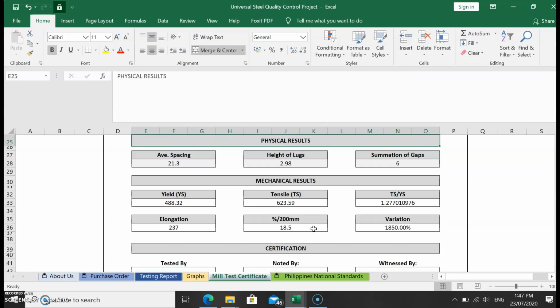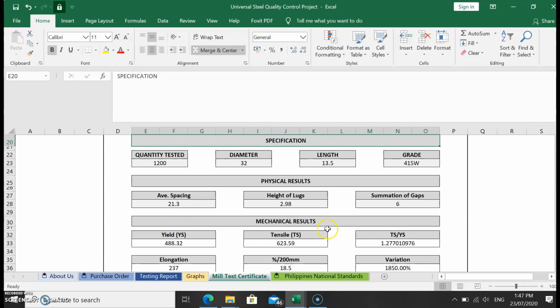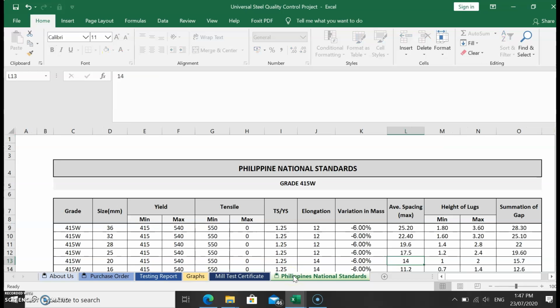All you have to do is print it and sign it, and all of these are based on the Philippine standard,